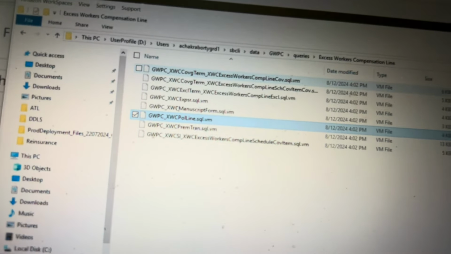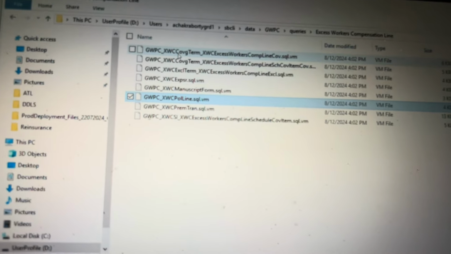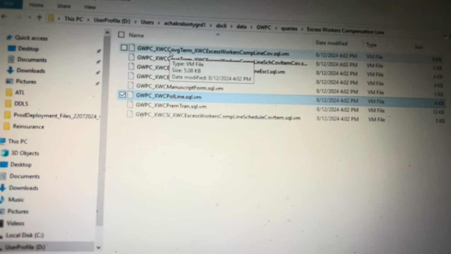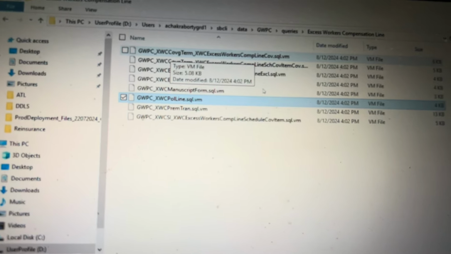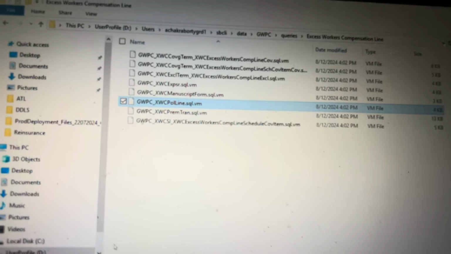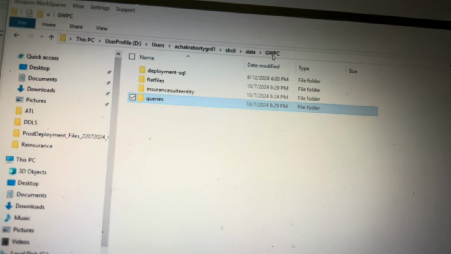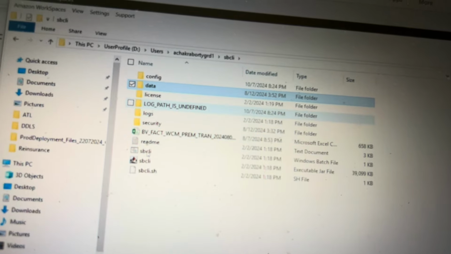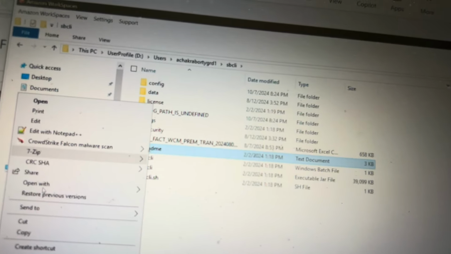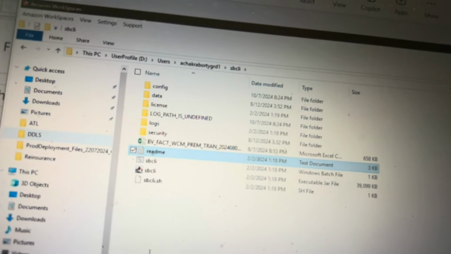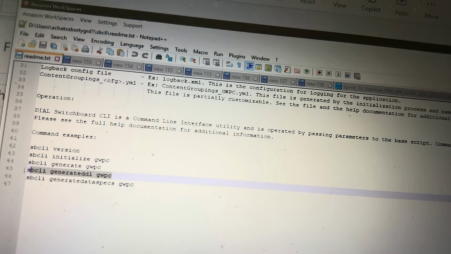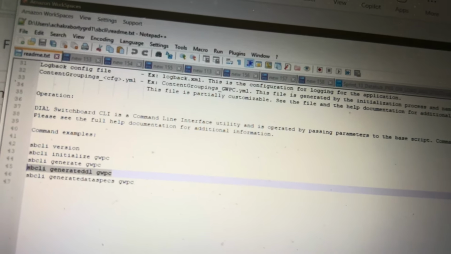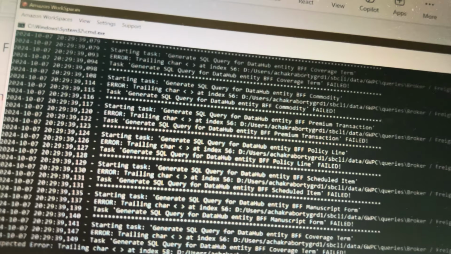So we can refer to these files and cross-check them with our entity creation. So this is done. Now the next one is the DDL we have to generate. This one is to generate the DDL, meaning create table statements and all will be there.